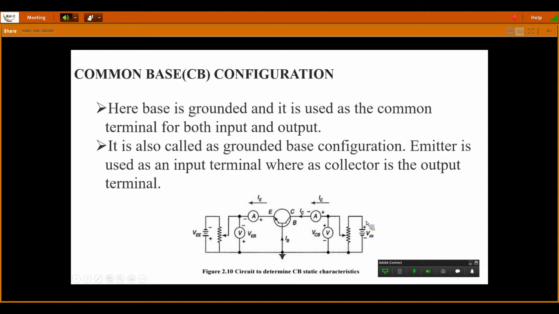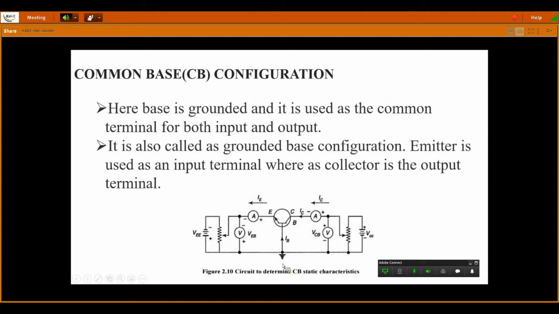Next, the output junction must be reverse biased. Your output junction in a transistor is in between the collector and base regions. When I want to reverse bias that output junction, as we know that collector is an N-type material, we connected the positive electrode of this DC supply VCC through this resistor, and the negative electrode is connected to the common terminal or to the ground.